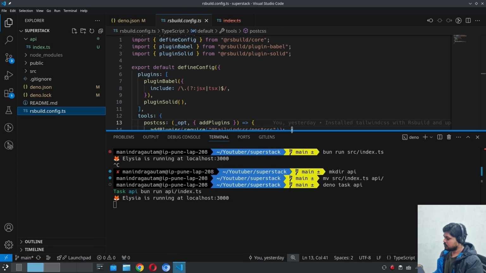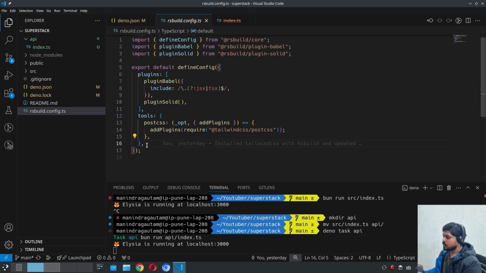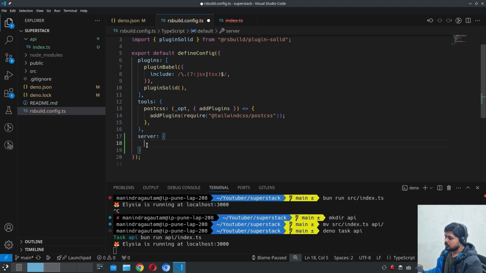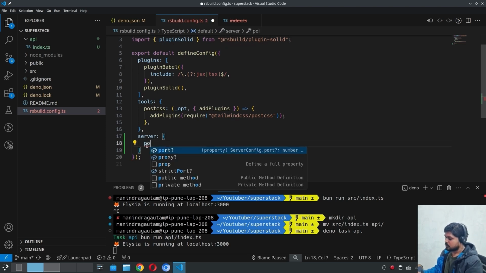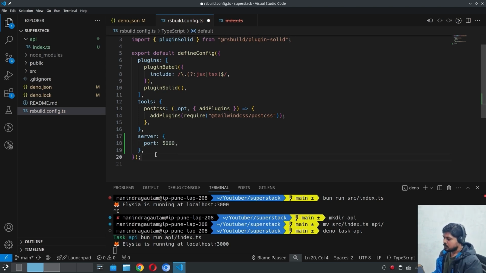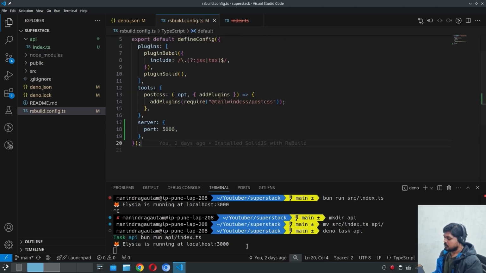Just slide it a bit, and then we have to use the port through the server option. Server, then port, yeah, port is here, and we are going to run this on 5000. Okay, so the 3000 is for API server,